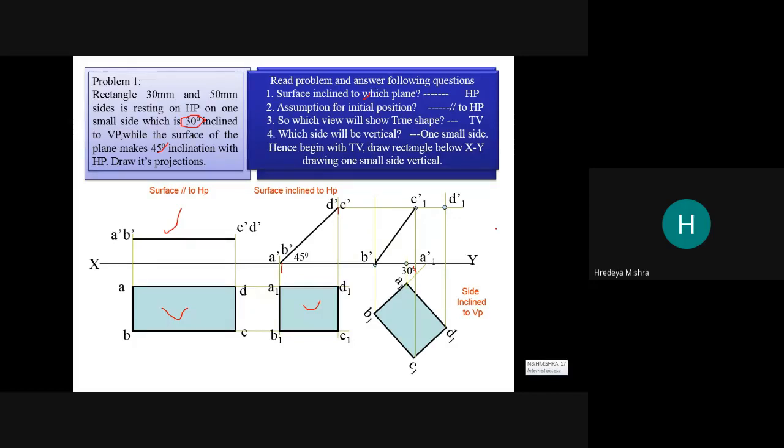Now BD, sorry, BC, this line, and now this is our final shape. Okay, front view, top view, front view, top view, front view and top view. Okay, front view 1, front view 2, front view 3, top view 1, top view 2 and top view 3. Okay, is there any question now? Now you can put your question.